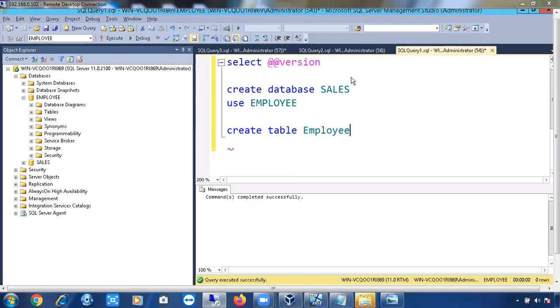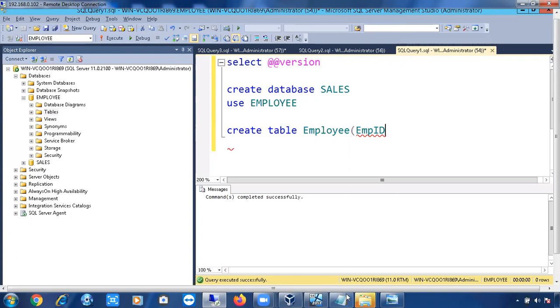So now we'll create the table with your columns. What I have to do, I have to provide the column names here. Open this kind of brackets. I'm going to provide first employee ID. Don't give any spaces. Employee ID, see here, this is my column name, and what kind of values it has to accept.